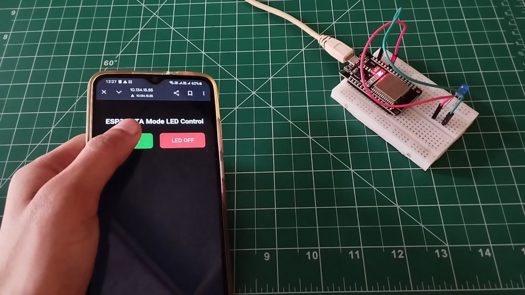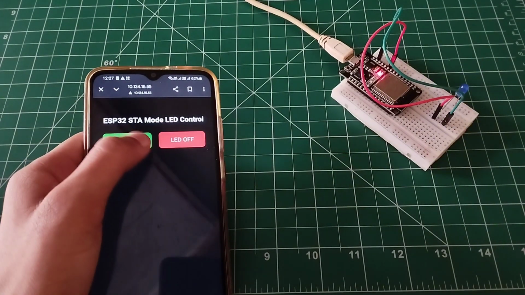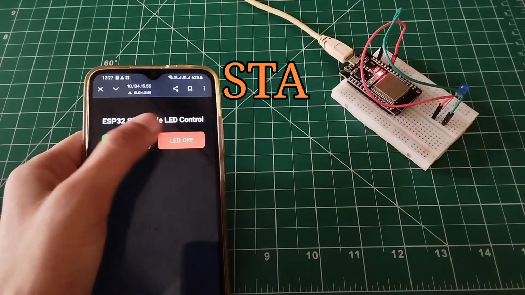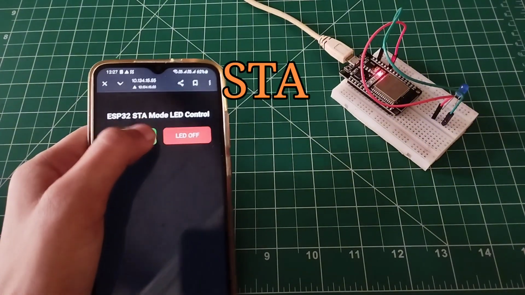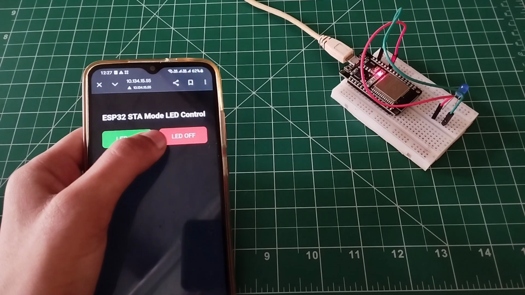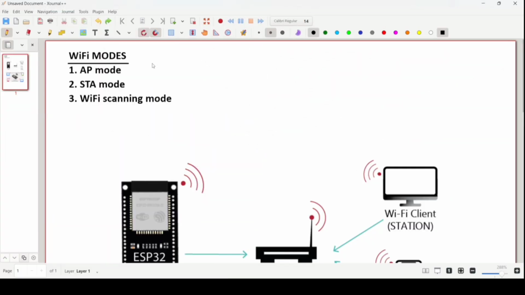Hello friends, today we are going to blink the LED using this Wi-Fi dashboard, and in this video I am going to use the STA mode of ESP32 Wi-Fi. You can see on the dashboard there is STA mode, right? So let's get started. In my previous video I discussed this AP mode, which stands for access point